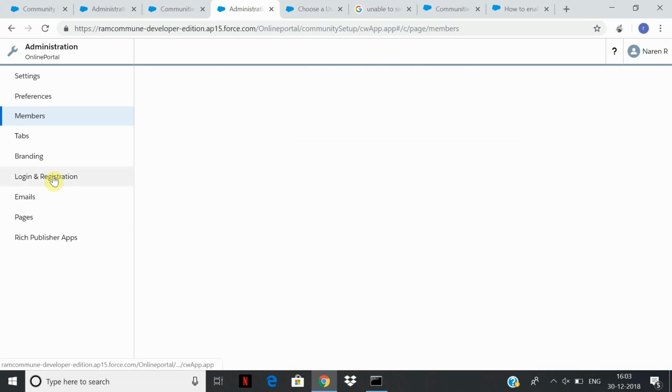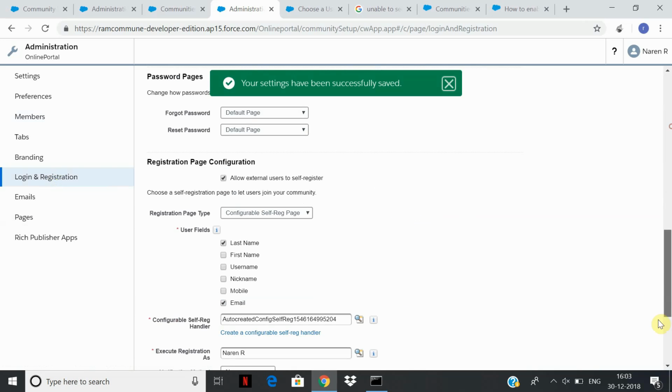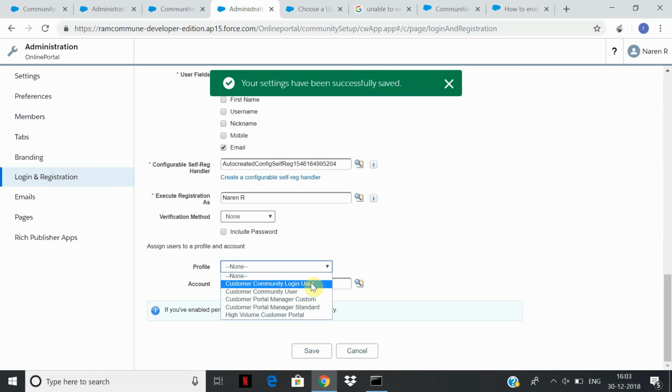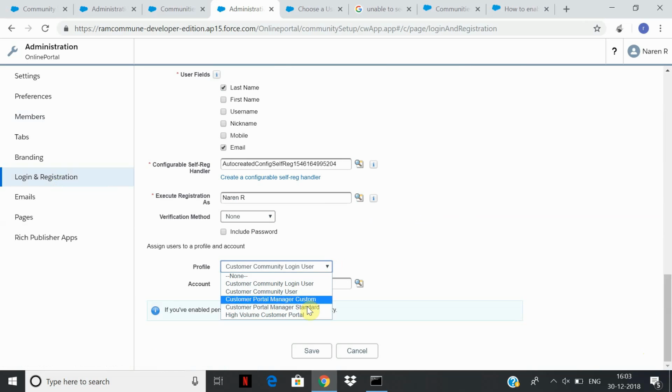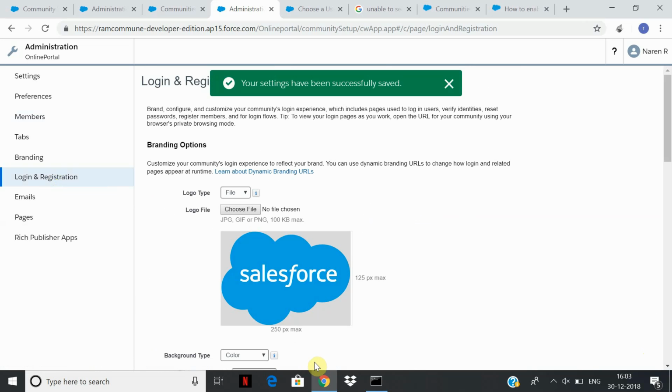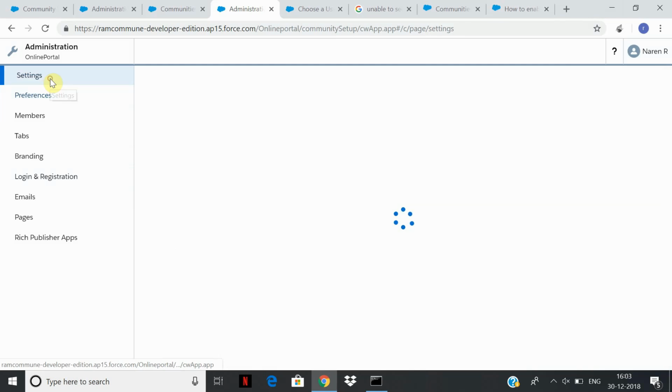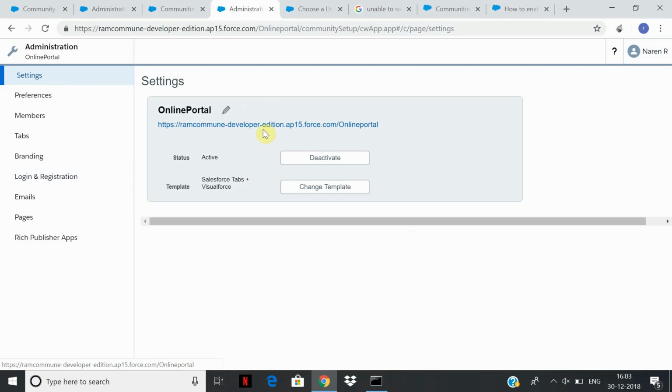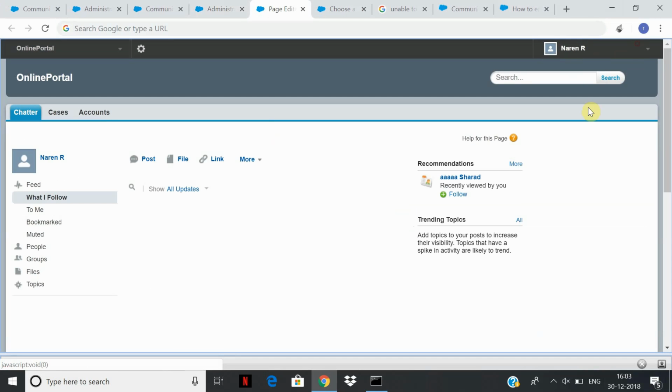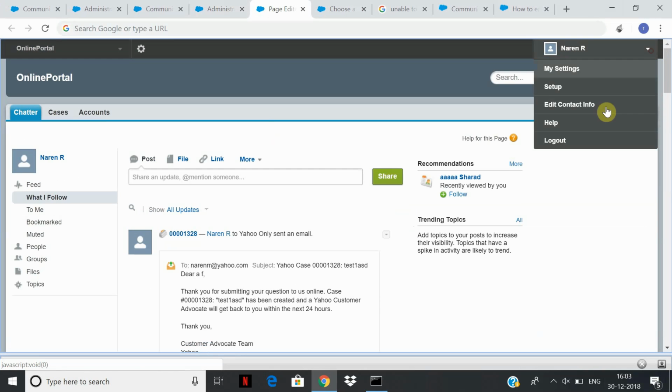Okay, once you do that, then when you go to login and registration, it will automatically select a profile and assign it to, let's say, manager custom login user, or save it. So it will get assigned to that, and now if you go to your external site, you'll be able to log in. Let's log out from everything here. Okay,